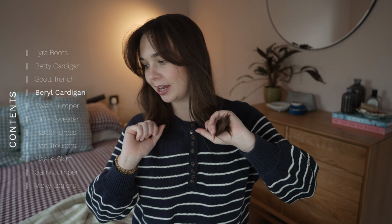Next on the list is another cardigan. So I've got a few bits of knitwear now, because I was looking through their knitwear before I was going to film this video, thinking, you know, what are the pieces that I would love to add and what are the pieces I would avoid. I would avoid anything nowadays with mohair, acrylic probably, and polyamide, and yeah, super kid mohair definitely. Even baby alpaca, I would avoid all of that, as much as I love all of the knitwear on Sézane's website for the look of it,